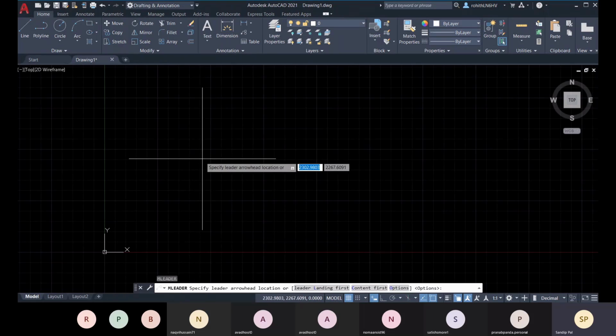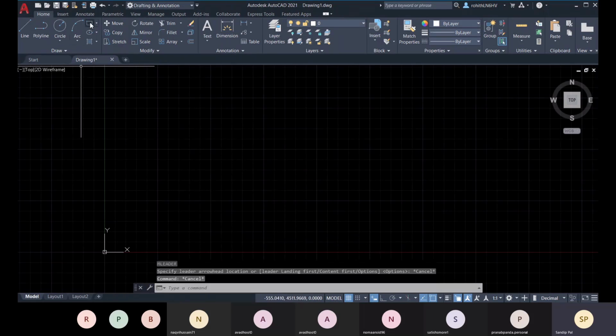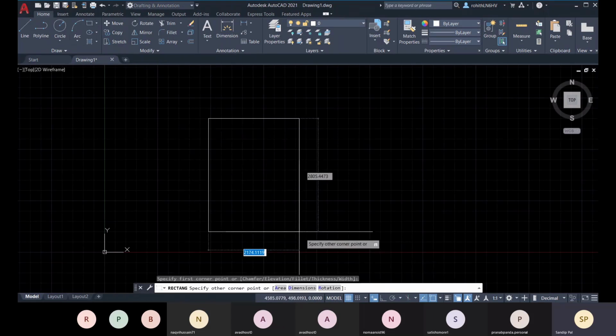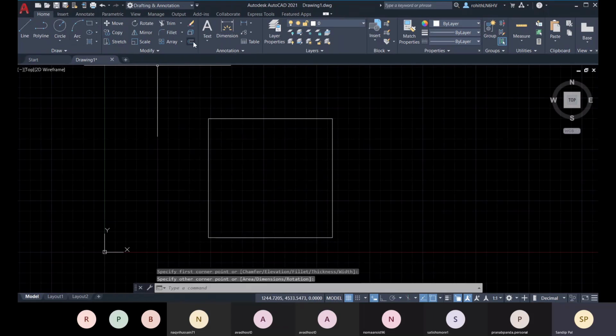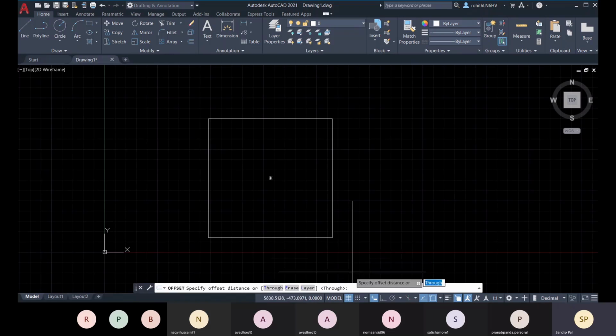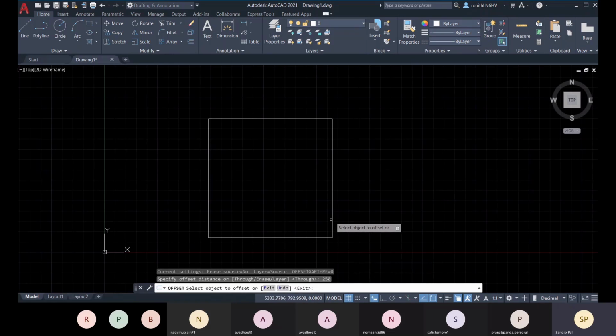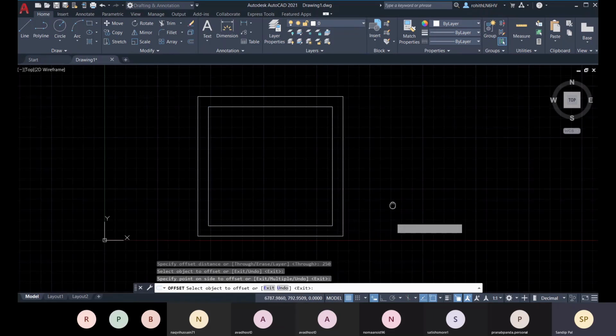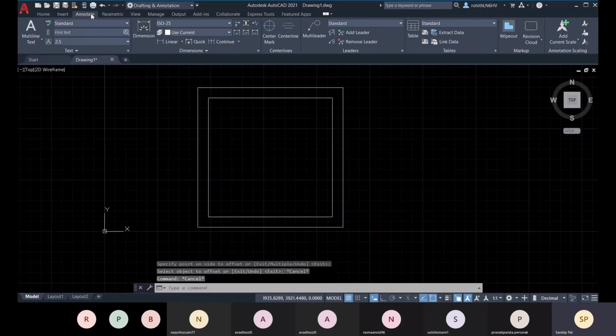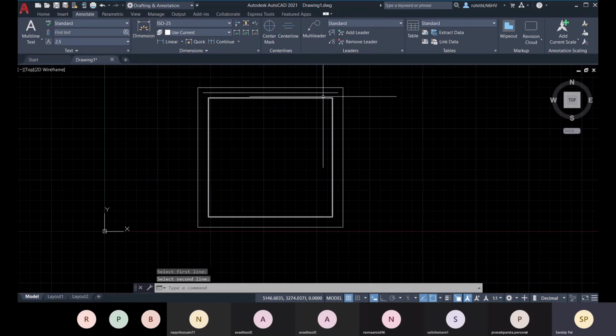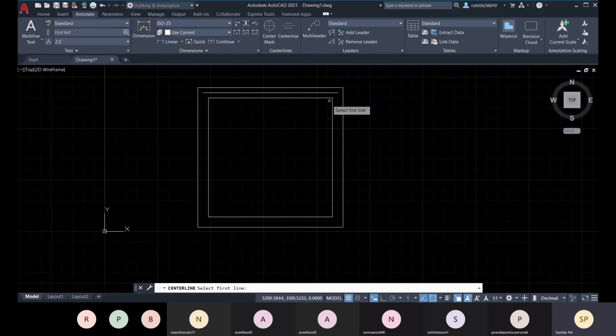Before that, let me go for one rectangle, and another rectangle with 250, and now let me go for the center line.